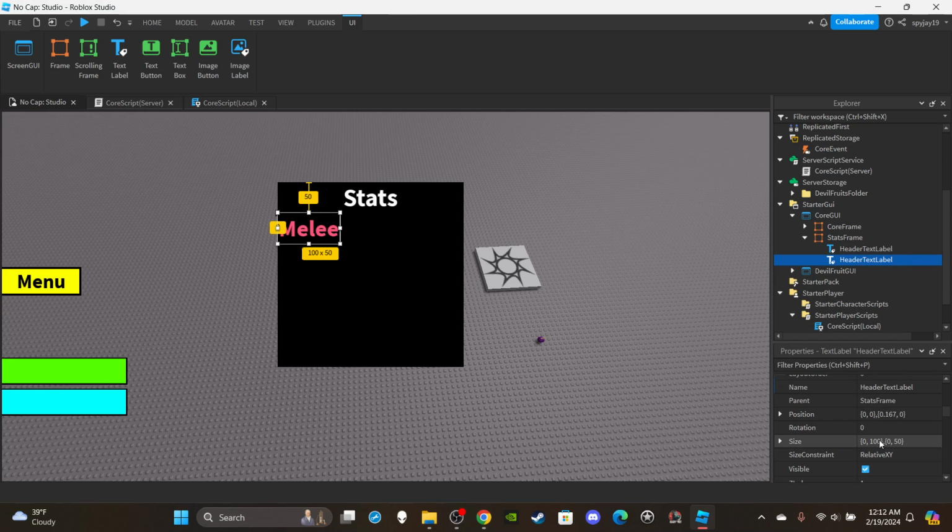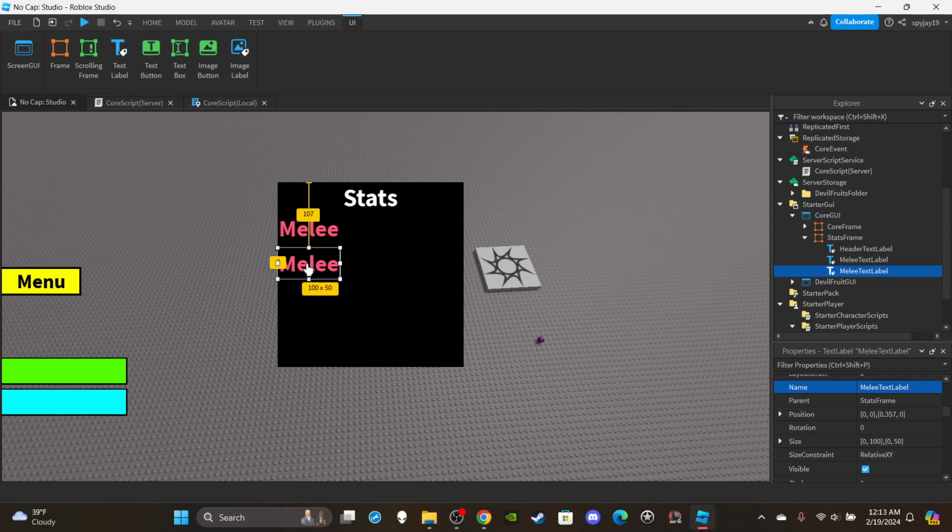And then of course we're going to rename this text label to melee text label. Naming is very important here. Naming is very important, so you want to keep it consistent. So melee text label, right? Then what I'm going to do is I'm going to duplicate this, Control D, drag it under it, and then